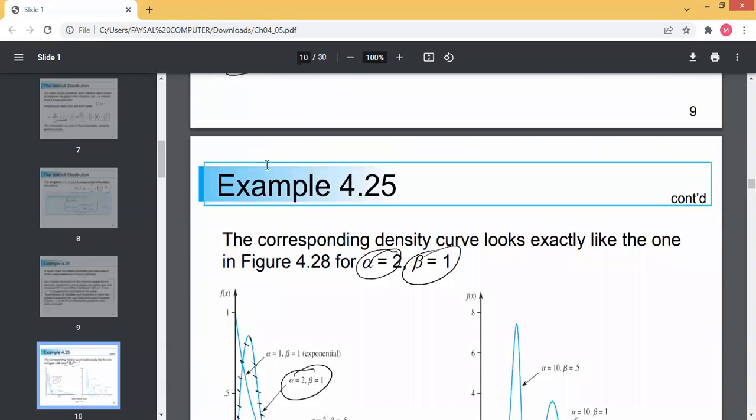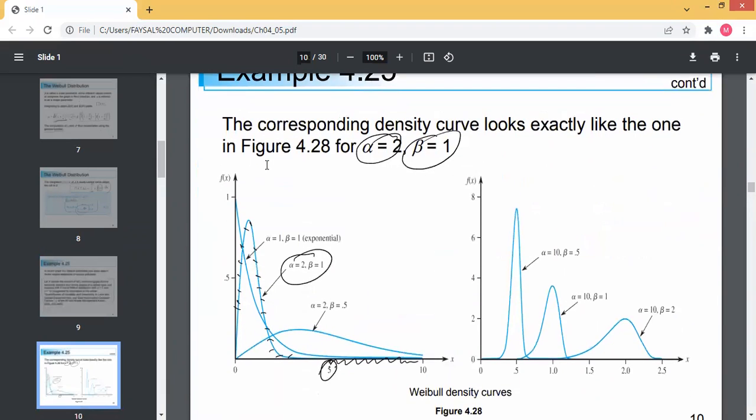The corresponding density curve looks exactly like the one in the following, with alpha equals 2